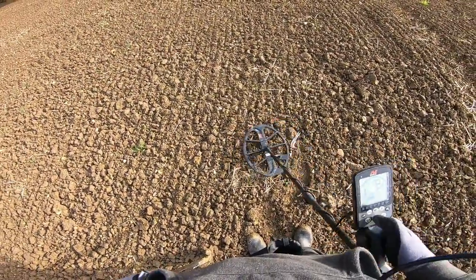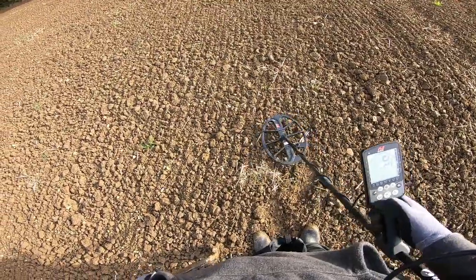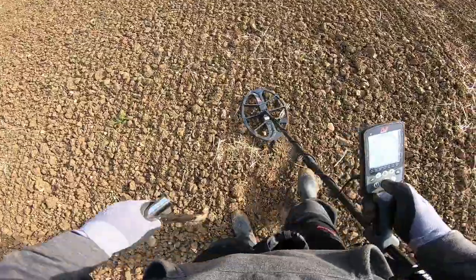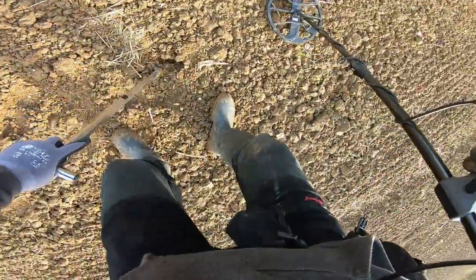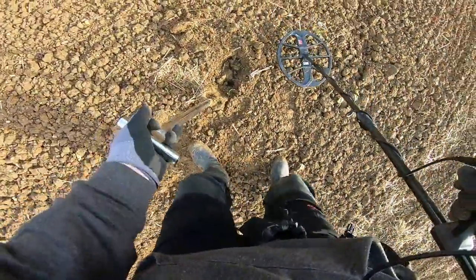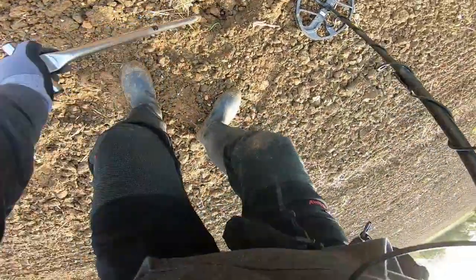Right, I have signals coming up here as 9, 10, 11. Which probably means it's going to be a bit of rubbish, but it's a good, crisp signal. So it could be worth a bit of a dig. Normally I wouldn't bother with these, but because we're getting so few signals,